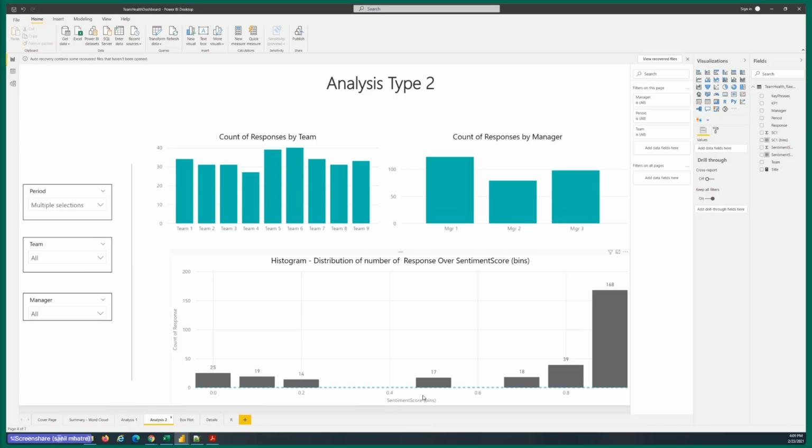You'll notice here, this distribution is somewhat polarized. There are a lot of responses on the right end of the spectrum, and then some responses on the left end of the spectrum, and the middle is mostly empty.